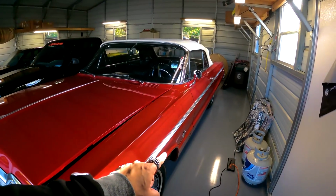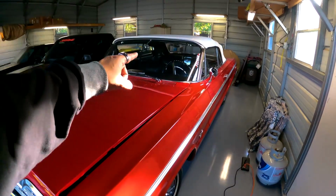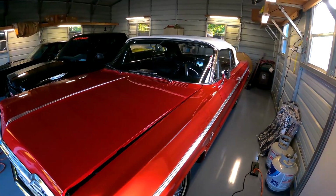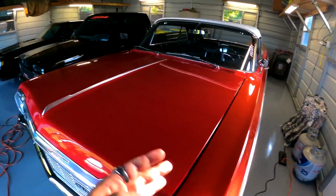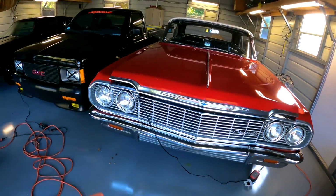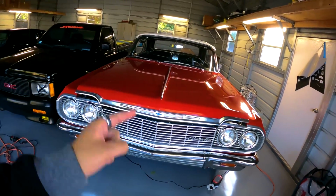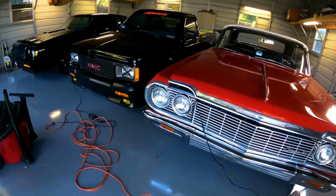It's got a 409 motor. That's the largest motor you can get in it. Super rare. Coupled with an automatic transmission, also a rare combination of those two. And just overall, when you add all those things together, red car, white top, convertible, SS Impala, 409 motor, automatic, it just ticks every single box to make it one of the most sought after configurations of the Impala SS